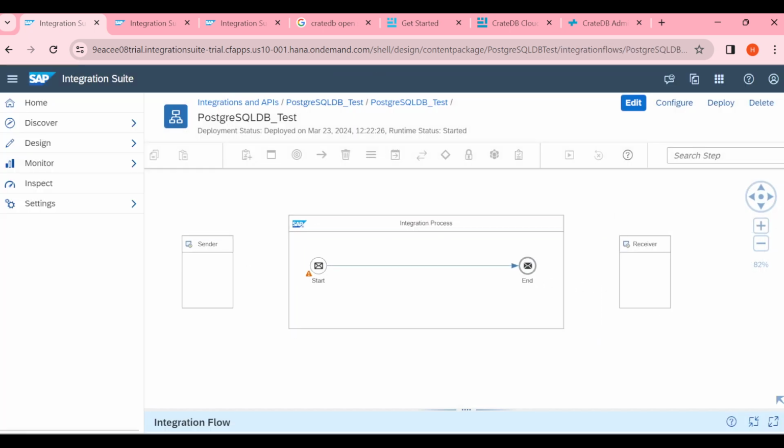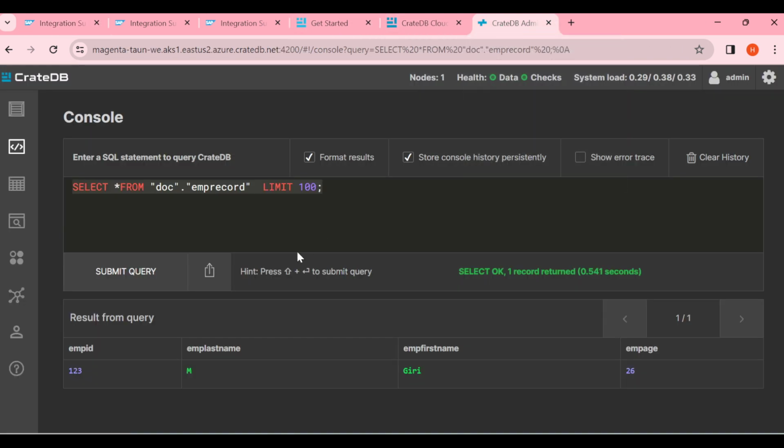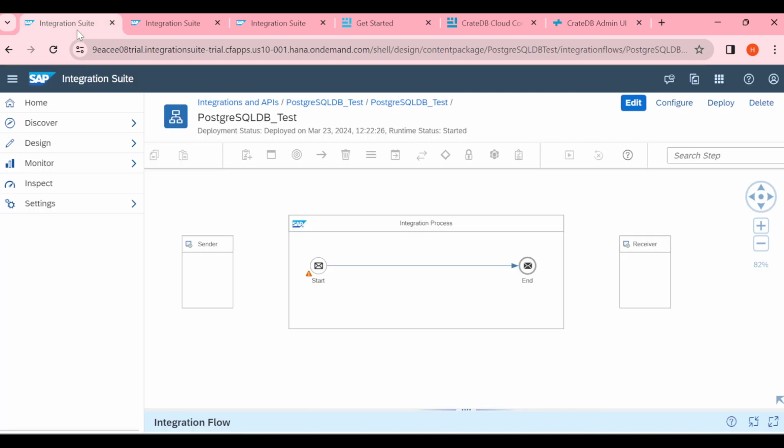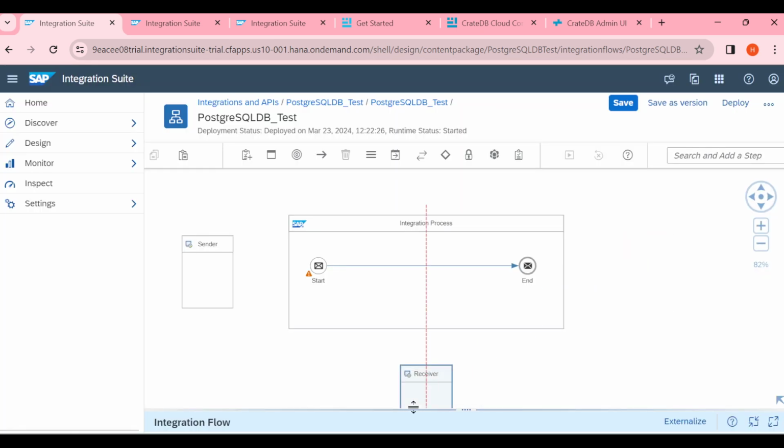So here I have already inserted the data. I just want to pull this data using this select query from CPI. Okay, we'll see how we can achieve this, how we can configure it in CPI. First,